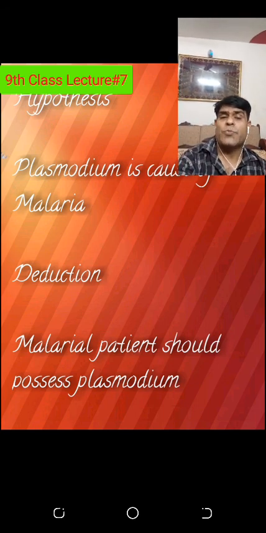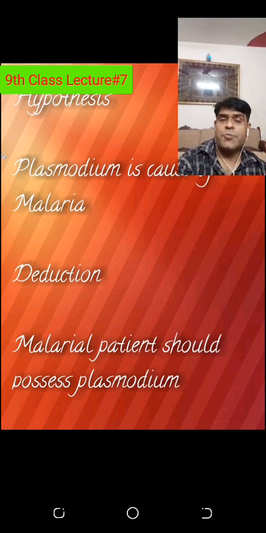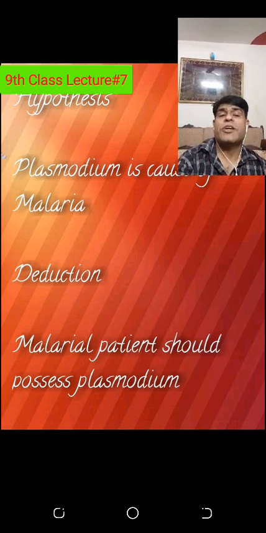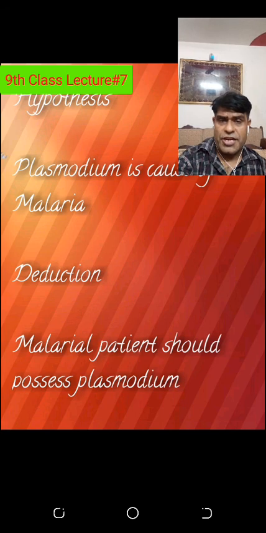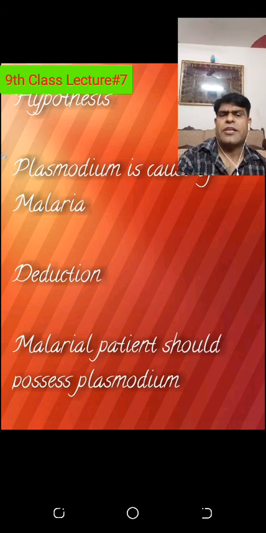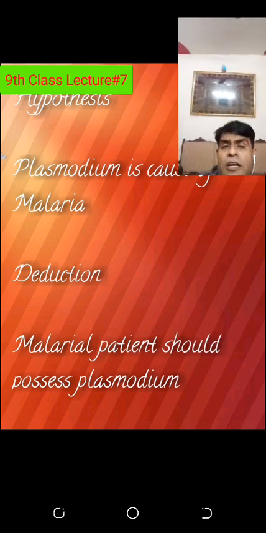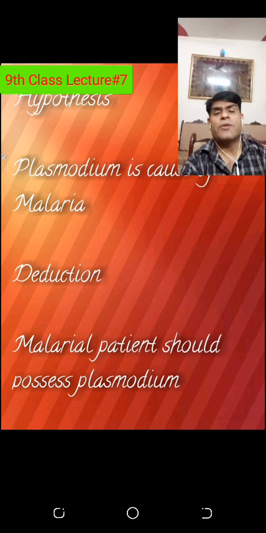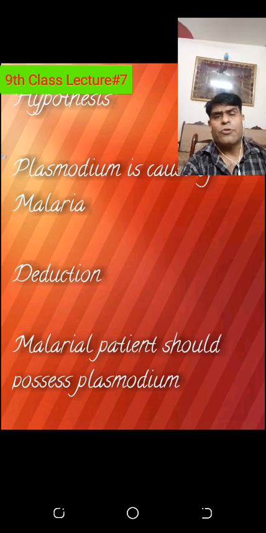After deduction, the experiment was done. 100 people were checked. When they were checked, 97 almost. I will tell you the correct numbers. I think 92, 97. There are different numbers in different books, but 97 means most of the people were having the Plasmodium in the blood, and only 3 people